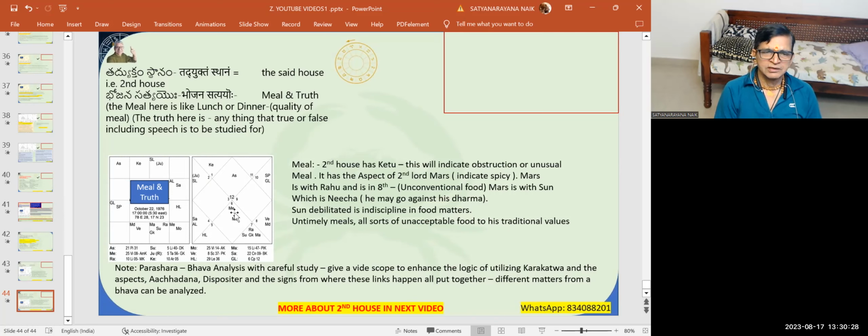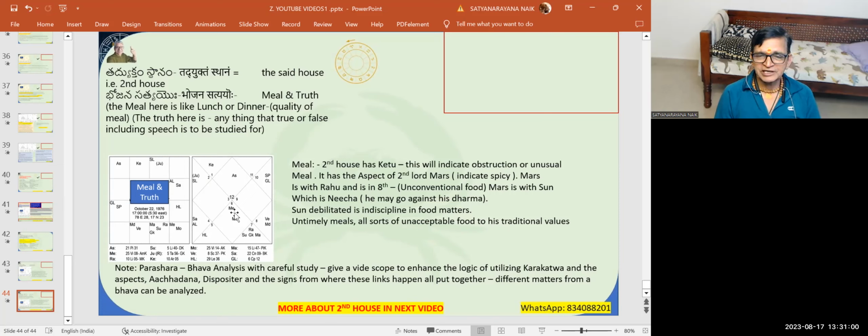Truth means anything. Suppose you are questioning, suppose you wanted to know, and especially this will be used in Prashna very beautifully. It can be used here also based on the circumstances. So a particular thing, whether true or false, can be identified with the second house. So now we'll see meal. Second house has Ketu. This will indicate obstruction or unusual meal, or stale meal,